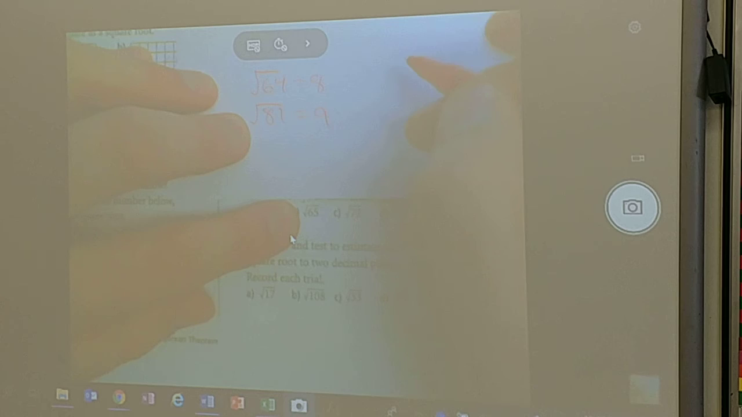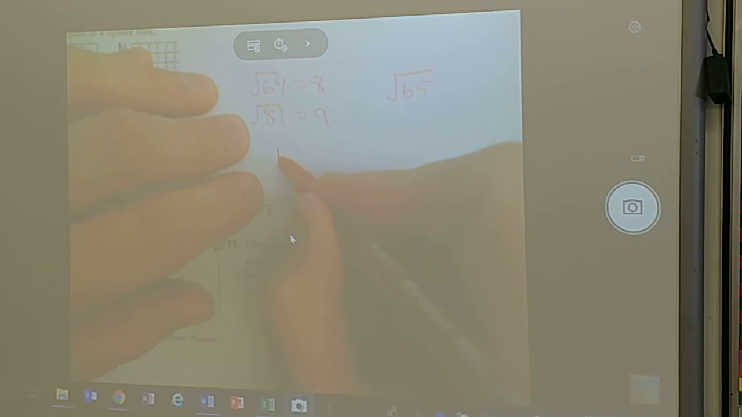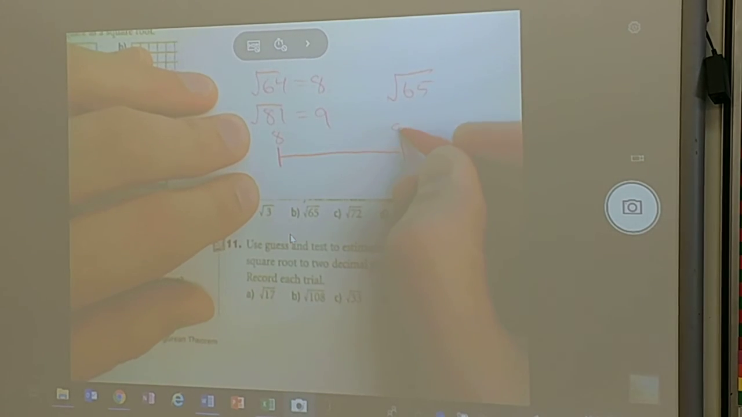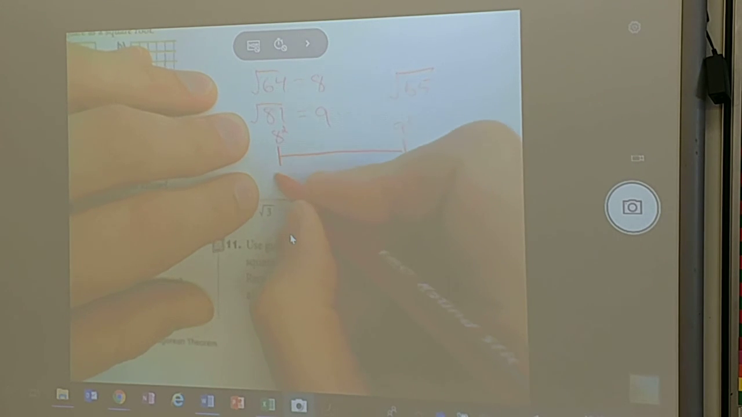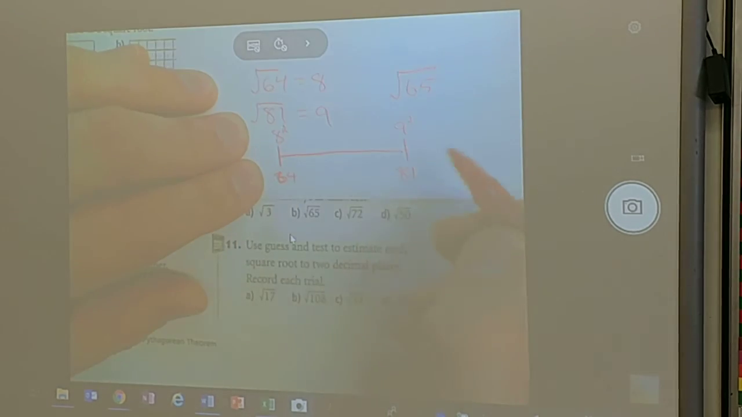9, okay. So we were talking about 65. What 2 whole numbers is this root between? 8 and 9. I always like to do it like a number line. If I have 8 and 9, halfway would be 8.5. I'm going to put that 65. Well, that 65 is going to be way